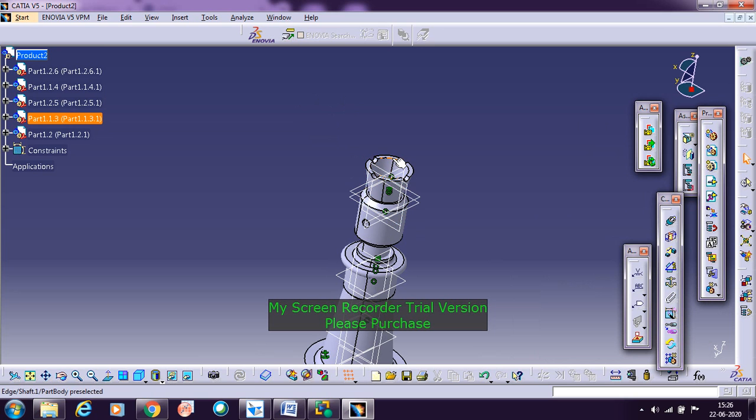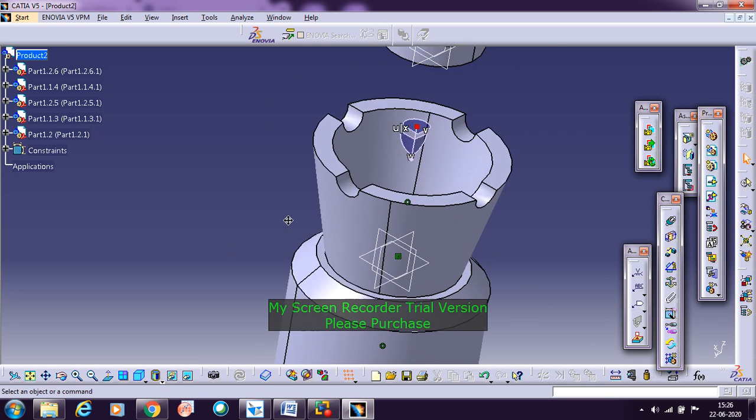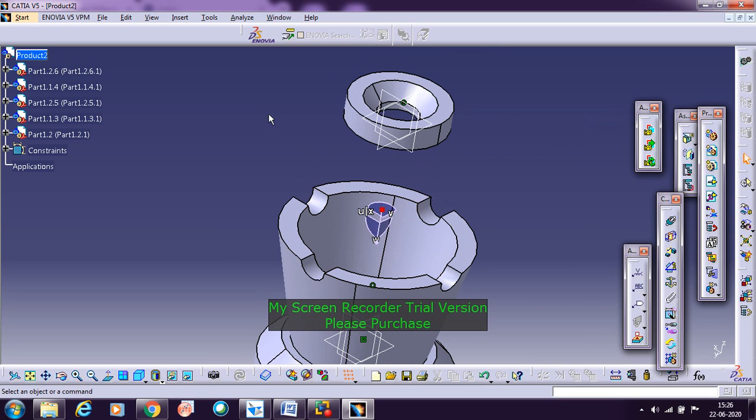Don't think that it will be placed properly on its own, but you need to do it properly using the constraints. So in the same way, move your compass, select this washer, and with respect to the vertical line in the compass, move it upwards. Now give the contact constraint.